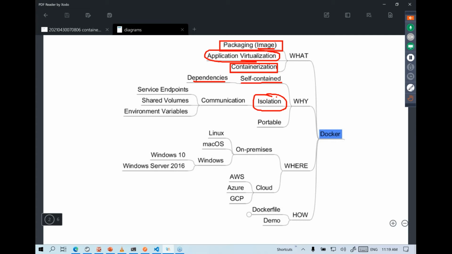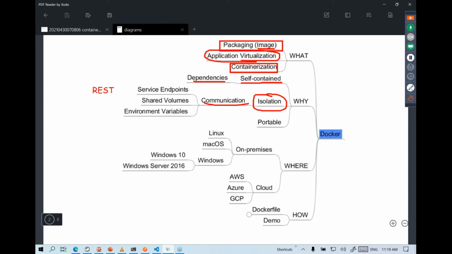The benefit is that once you have isolated your application, there will be less chance of having issues. If one application gets corrupted, there's less chance that it will end up corrupting the file system or the application that we have in some other container. So it will be an isolated application, but just because the applications are isolated doesn't mean they cannot talk to each other. They can still communicate by using REST API concepts.